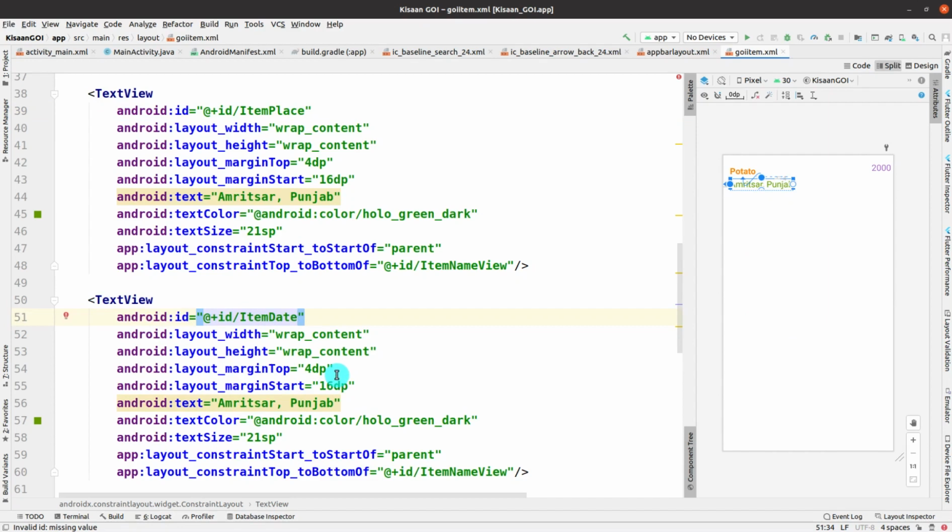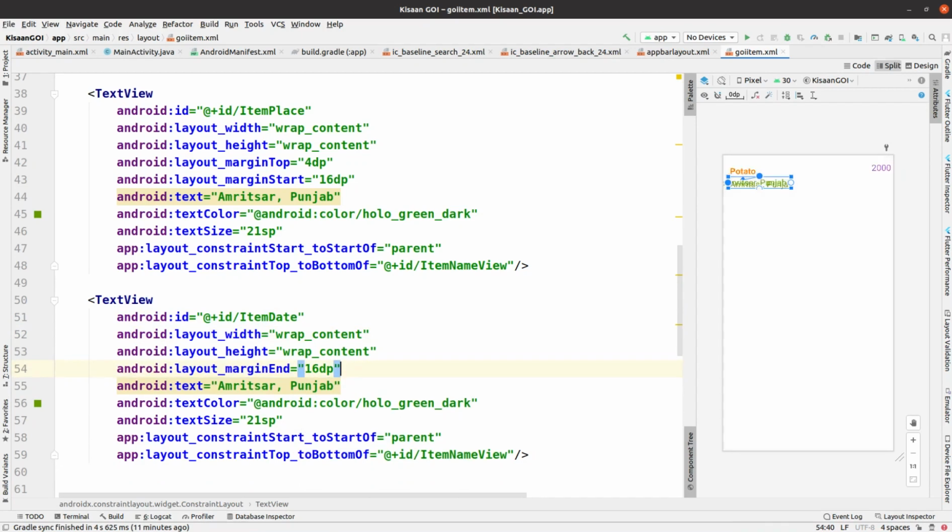Okay, so date is also an important factor when you are getting the list of commodities as per the price and location. As prices change daily or on a 7-day basis or 30-day basis, that's why date is necessary. Okay, so all these things like place and commodity name, price, and even the date will come from the API that is provided by the Government of India. Okay, so here I am adding the date here.